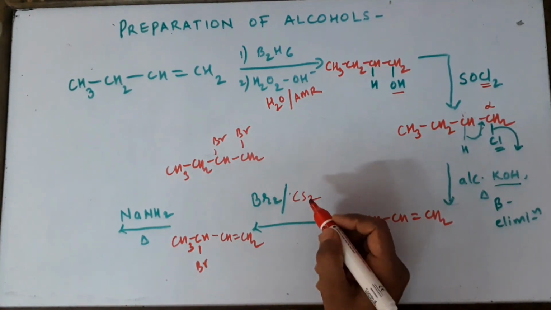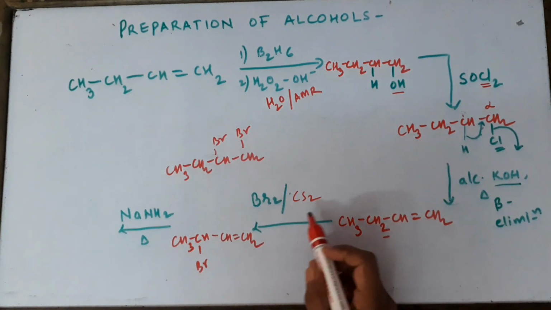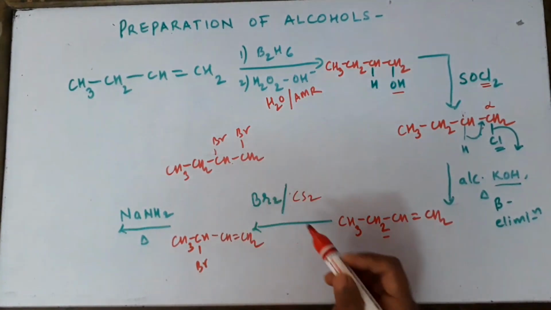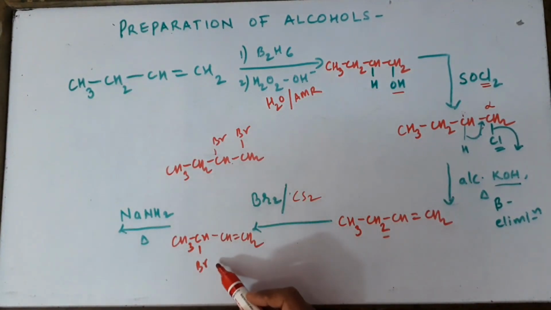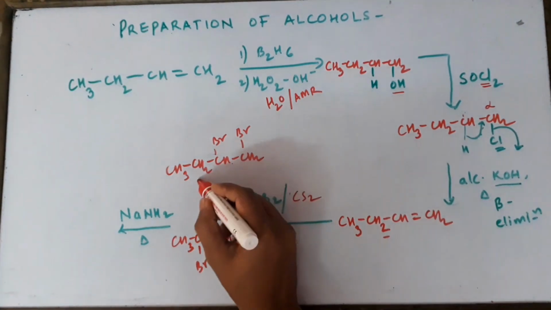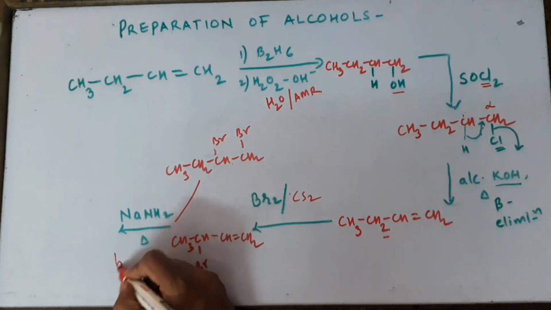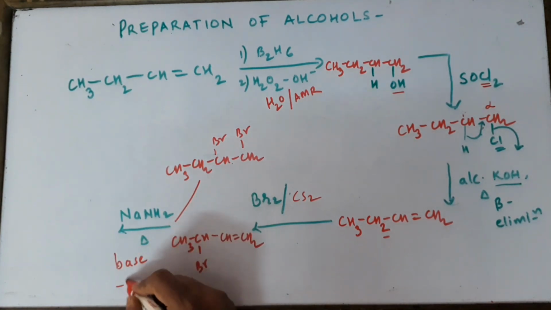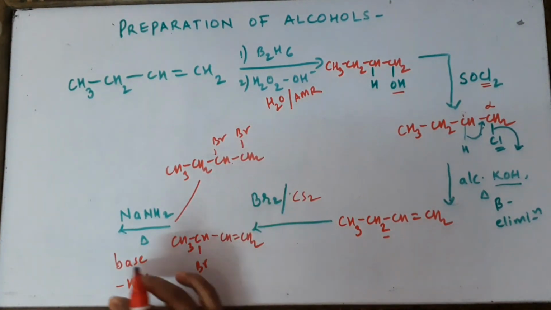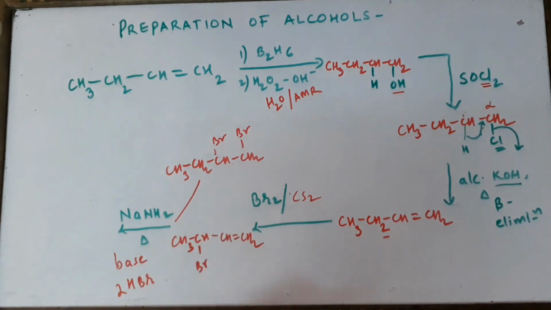We've taken carbon disulfide here. So with bromine in carbon disulfide, this product is obtained, and bromine in presence of light, we will get this product. This compound now we are going to subject to soda amide. What is soda amide? It's a very strong base. What does it do? It removes H plus and Cl minus. Now in this case we have Br, so it will remove HBr, and that also not just one, 2 HBrs. So it's such a strong base.